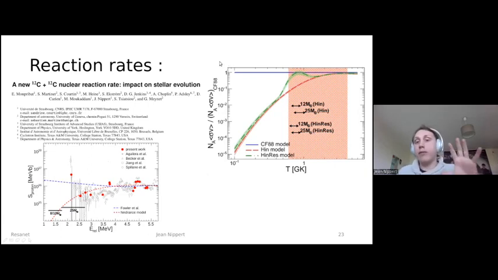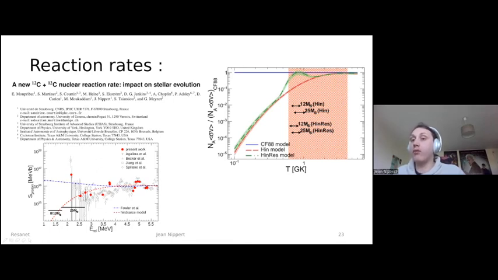And basically, we calculated the reaction rate for three types of models. So the CF88, that is the normalization here. So we have reaction rates normalized on the Fowler rates. And we have the hindrance model and the hindrance plus resonance model that are fitted with the STELLA data. And so in red here, you can see that